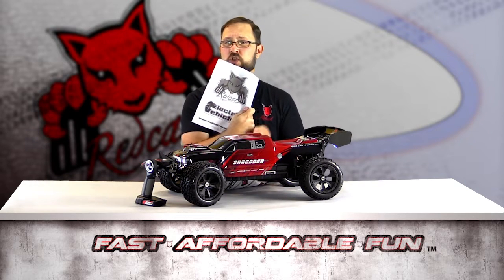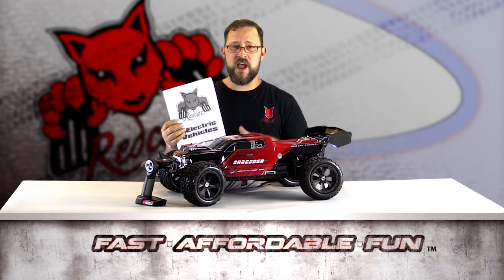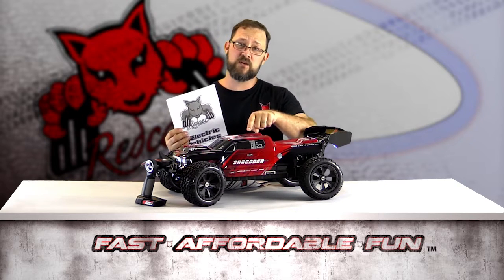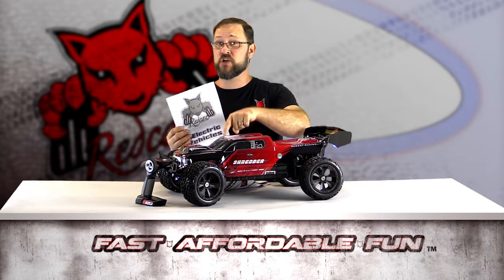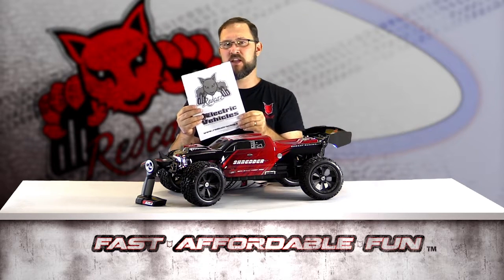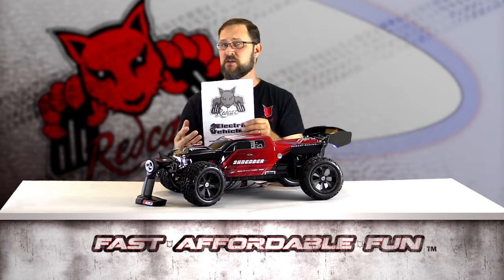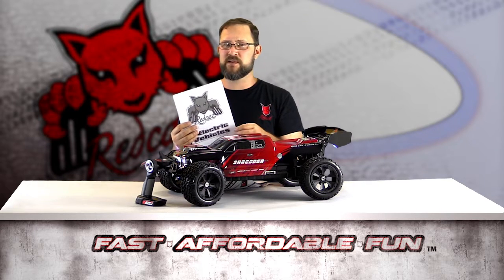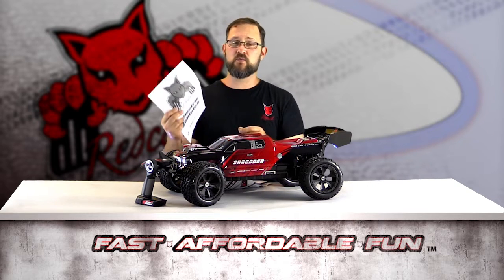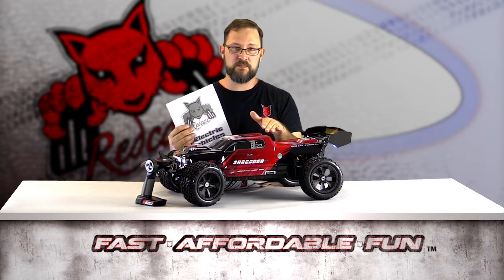You will get the electronics vehicle instruction manual. Now, this is important that you read through every single one of these instruction manuals, and that you also read through the instruction manuals that come with the batteries and charger that you buy and decide to use. So this instruction manual here goes over electric vehicles. It goes over pretty much everything you'll need to know about them. Different types of motors, different types of batteries. It has some safeties and warnings in here. So yeah, go ahead and read through this manual cover to cover and fully understand it before attempting to use